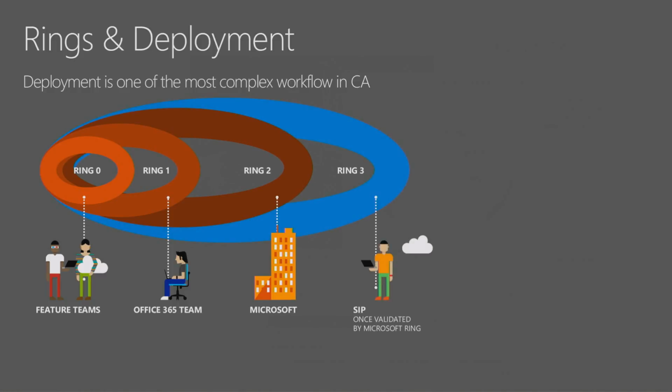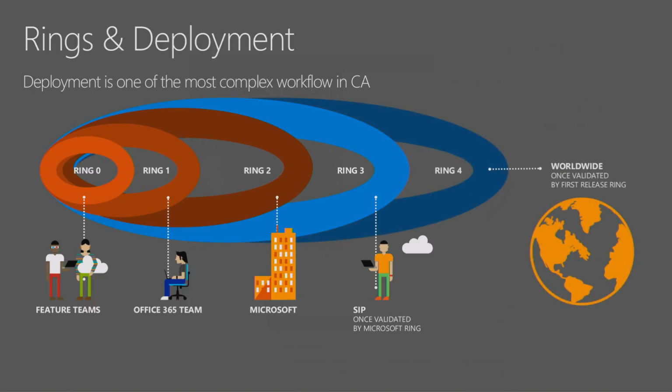Ring 3 is what we call SIP ring. We also call it a slice in production. It is a small but reasonably large part of production, which we go after we complete our MSIT deployment. We will rotate this if we end up missing a regression that had somehow escaped MSIT, and so we want to ensure that we're not hurting customers in an unfair way.